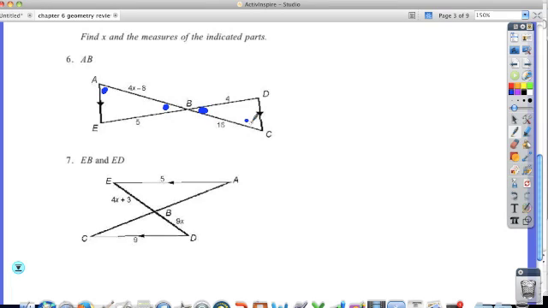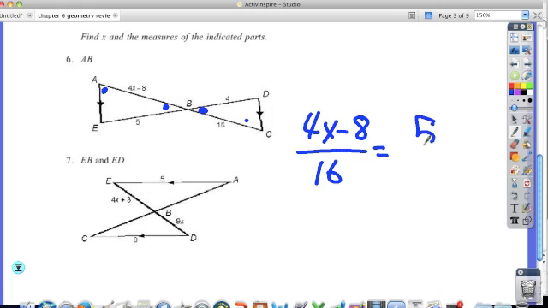Okay. So now I have to figure out what side matches up with what side. So it's AB is similar to BC, correct? Do not mess up and think that AB is similar to BD. So 4x minus 8 is similar to 16, correct? And that means that 5 is similar to